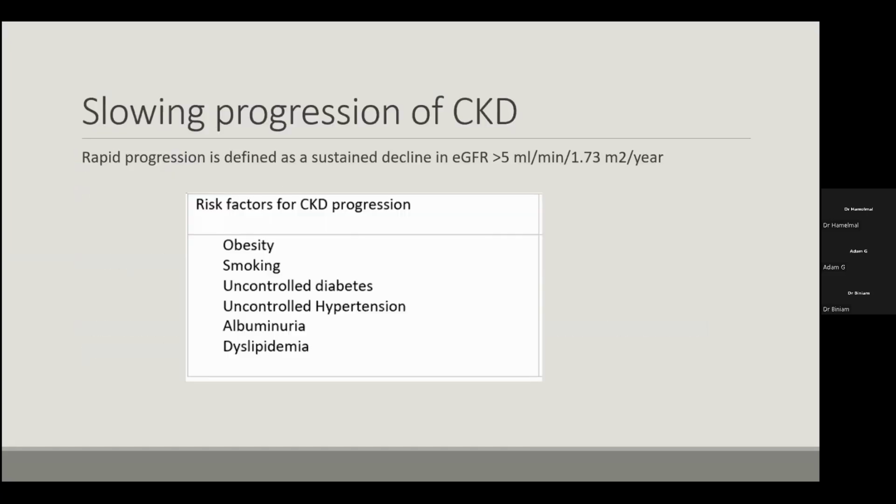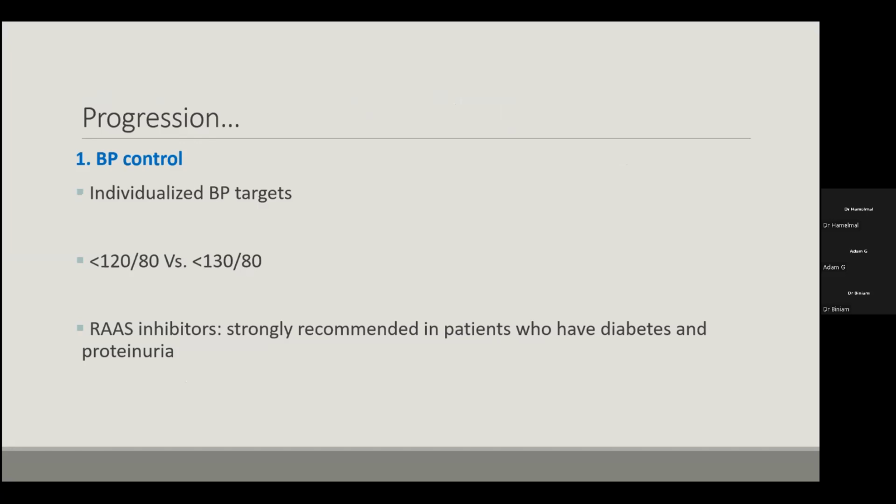So to prevent the progression, what we have to do is control the BP. One of the steps in dealing with the progression is controlling the blood pressure. So individualized BP targets may be used. In general, BP should never be more than 140/90. KDIGO prefers less than 130 by 80. But the 2021 KDIGO guidelines suggest blood pressure in non-dialysis CKD patients to be kept less than 120 by